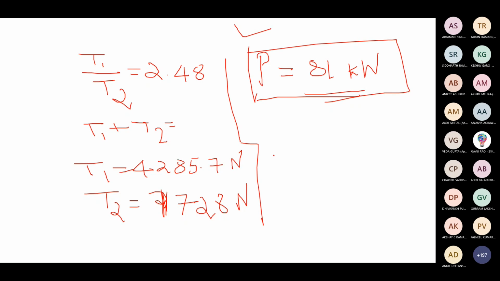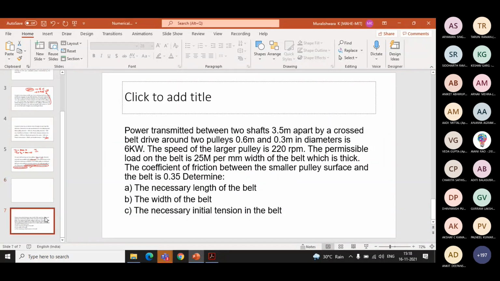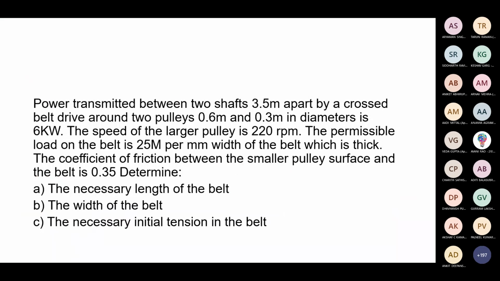Right, so I don't think you have any difficulty in solving the problems of belt drive. So the last numericals, you can do as homework. You have to tell me the answer in the next class. Previous slide, I have given the problem to you. I haven't done anything. Answers given by your classmates I have written. You make a note of this question.